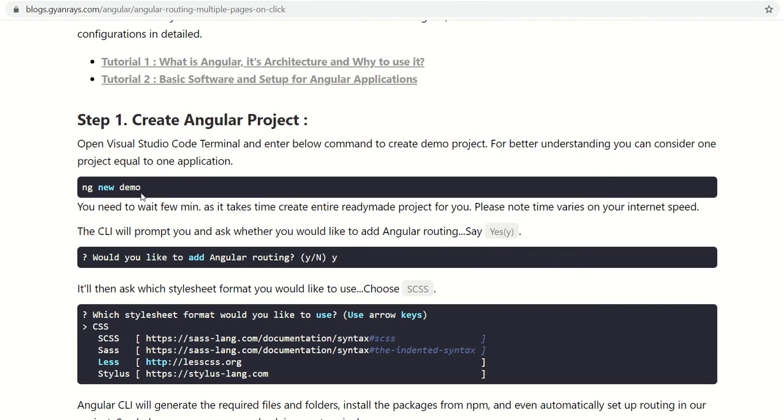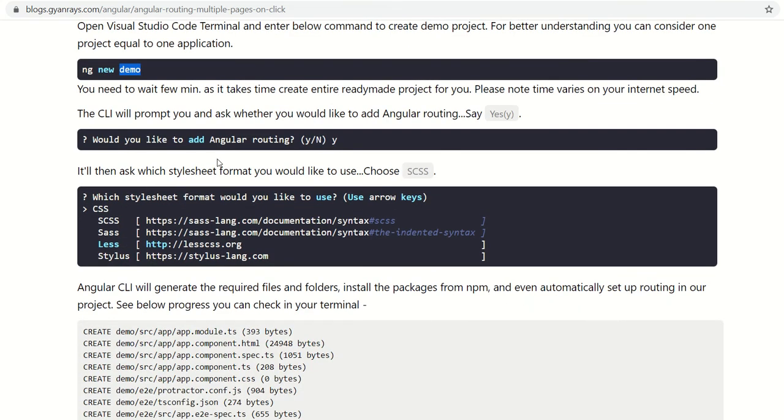Well, you need to first create an Angular project named demo. Use the routing style provided by Angular. When it asks, say yes. Let Angular create the routing file in the project. Otherwise, it's very simple to create it yourself.